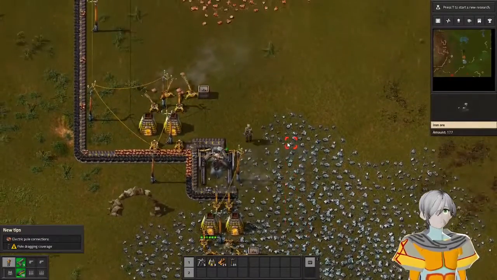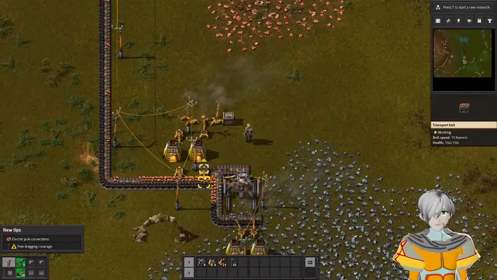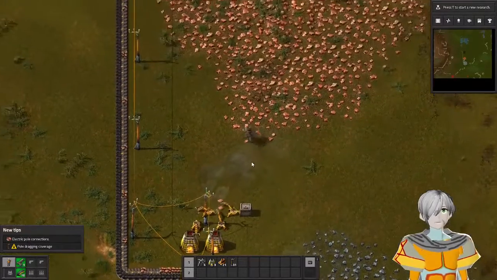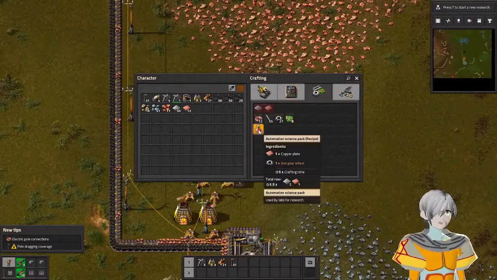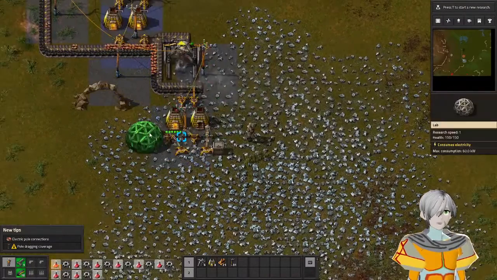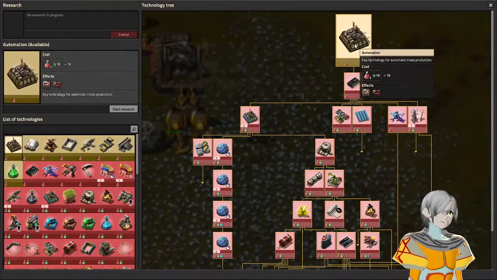So now, while all this automation is great and all, it's very inefficient. As you can see, my copper is getting into my iron coal supply, and it's just not all that great. Once we start working on our science, all that can be fixed. Stick that in there, and